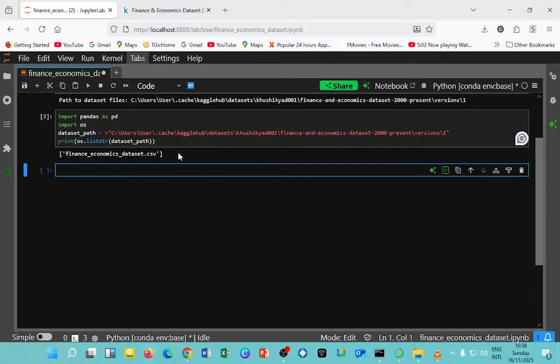So our next step now is to load this into the data frame. We want to move to the next step where we specify the actual file name so that we can load the data into the data frame. So next thing that I'm going to do, I will say file path is equal to